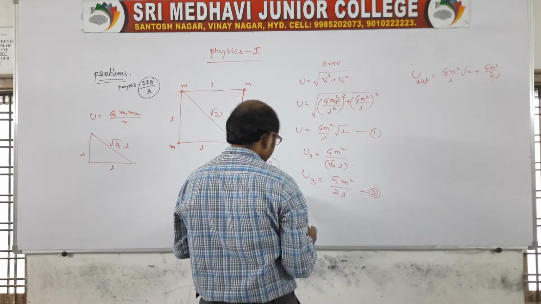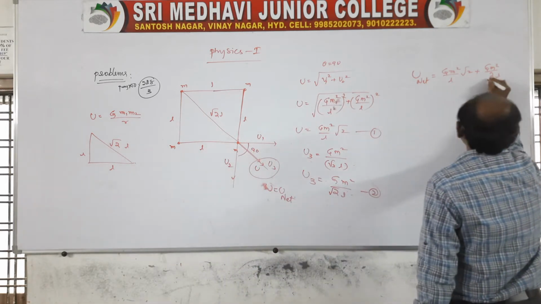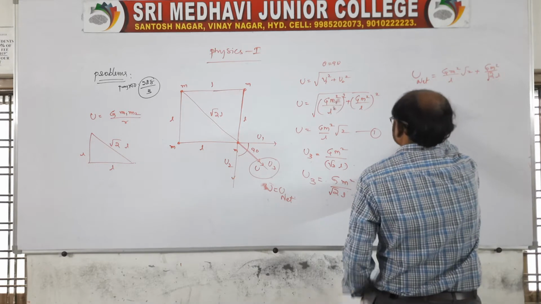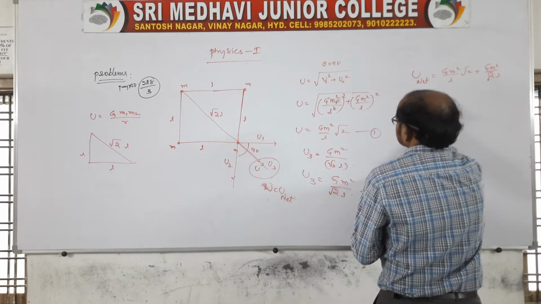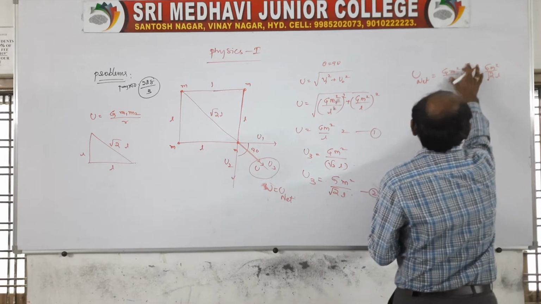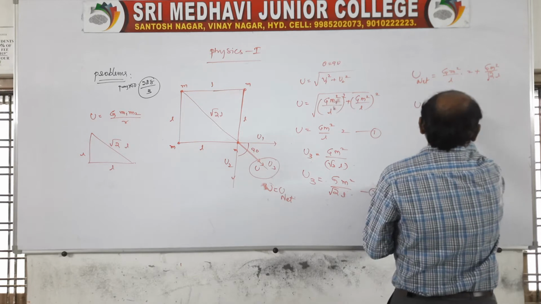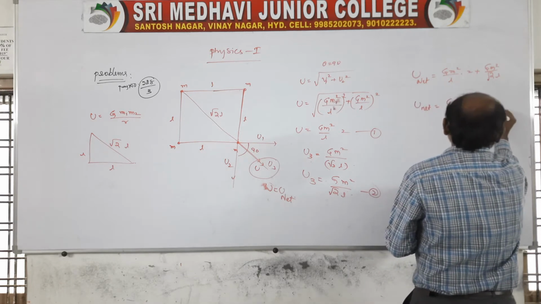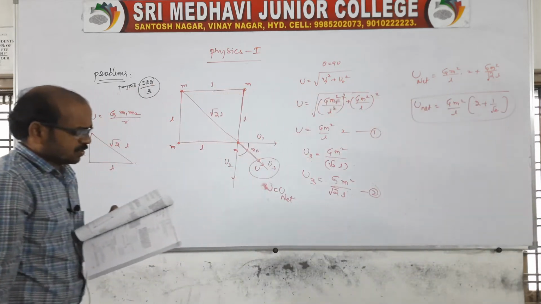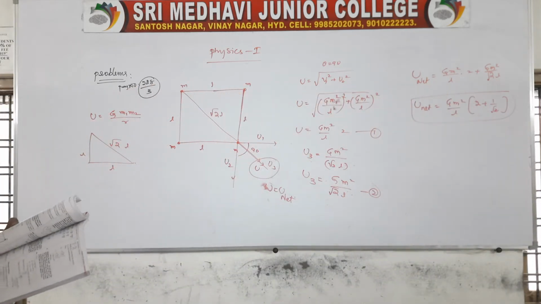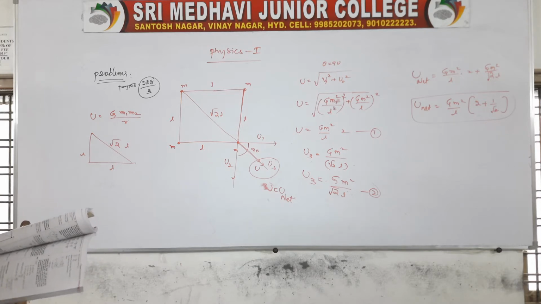Okay, it is root 2, no? As it is, you take a root 2, therefore it is a root 2. Then I think here we'll get the square, no? This will be 2, yes. So here U net is equal to G m square by L is common, that is 2 plus 1 by root 2 is the net at one corner. At one corner, clear, no? This will be the expression related to the question.